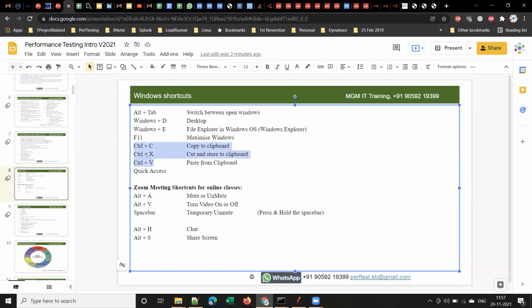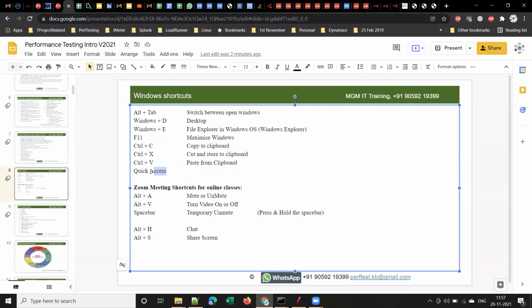You should be knowing these. What exactly happens when you use Control C is that whatever content I select will be copied to my computer's clipboard, and when you use Control V, it will be pasted from your computer's clipboard.